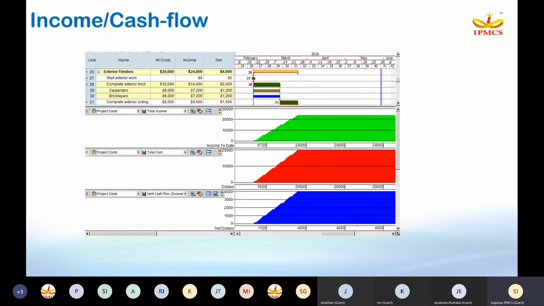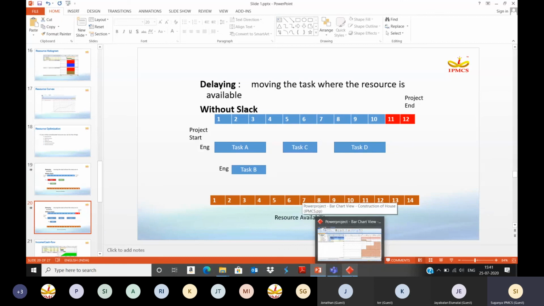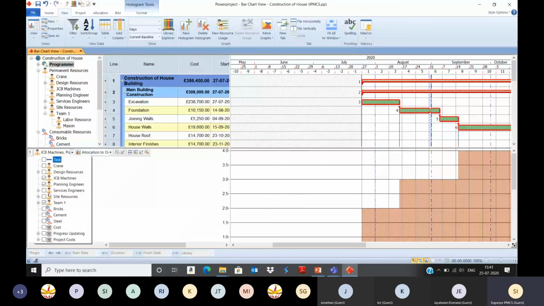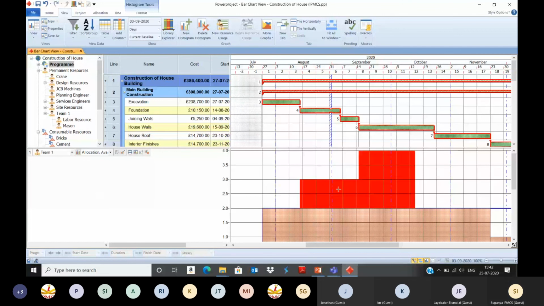So these are some of the examples. Let's see how to do the resource leveling in this software. So let me take team 1. You can drill down.